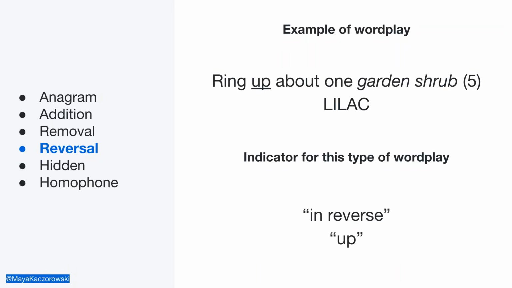Note that this example didn't just use one kind of clue. Many will use many different kinds of clues together. Unfortunately or fortunately, I'm not sure, because this makes the puzzle harder. This will be indicated with something like in reverse, telling you to look backwards. Up is also a way of telling you that it's a reversal, because if it's a down clue, up is backwards.